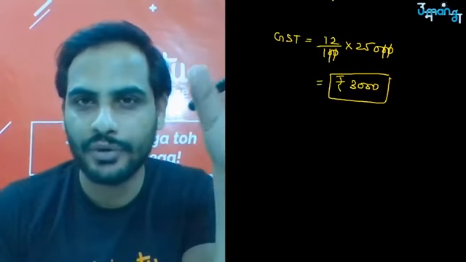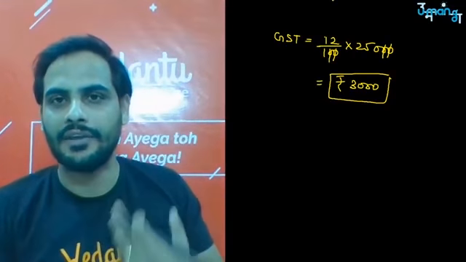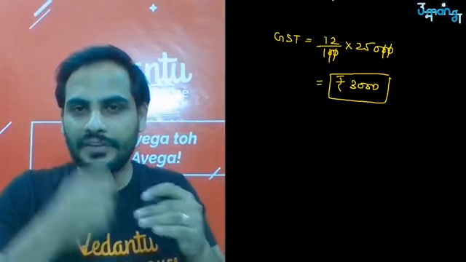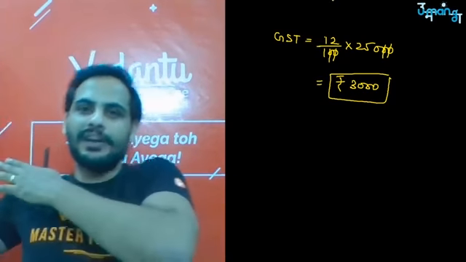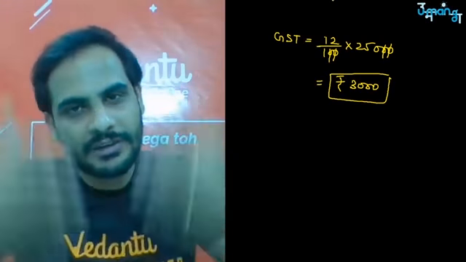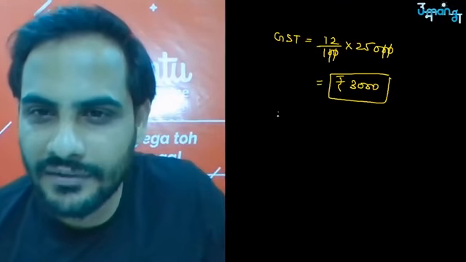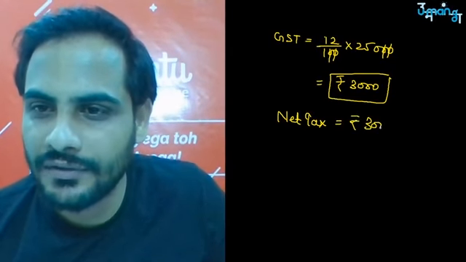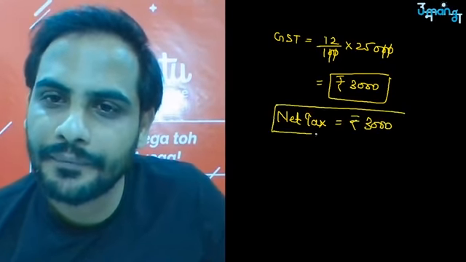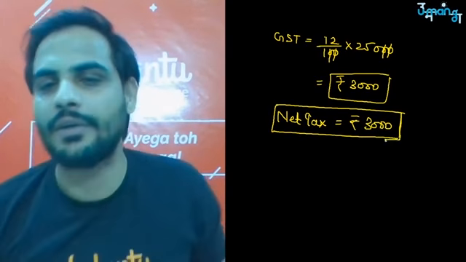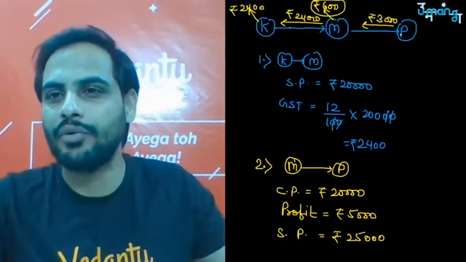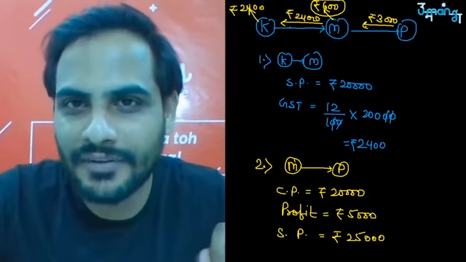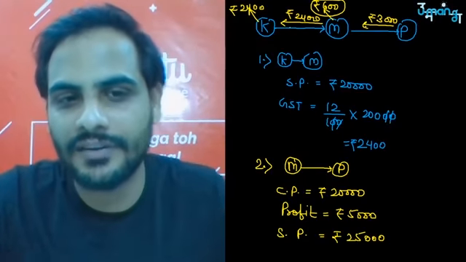So beta, the person at Pune is finally consuming it. The person at Pune is the end user. So he has got this rupees 3,000 he has already given. Now he is not going to sell it anywhere further. So this 3,000 will be the final tax which he has paid. So I can say net tax will be equal to rupees 3,000. You can see very clearly the dealer at Pune has paid rupees 3,000 as the GST to Mumbai person. Correct? Got it? This is how we can say it.